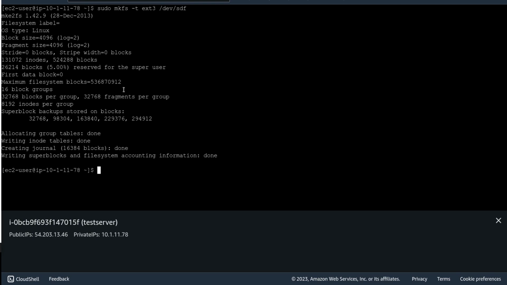So I'm making an ext3 volume on that particular device, which is SDF. That depends on which Linux kernel you're using; it might show up as XVDF or something. So we're done. After that, clear that, and then the next thing is we want to create a directory